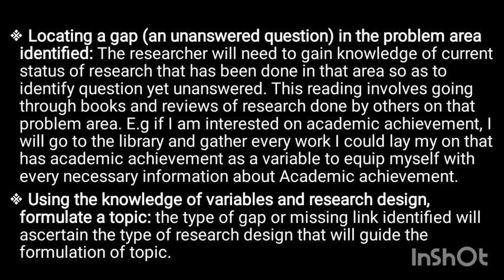So now I pick up academic achievement, I want to study it. And then I start asking myself, why is this? Why is that? The first thing I'm going to do is go to the library and gather different materials to know if other people who have written about academic achievement have answered the questions that have been bothering me. If they have answered them, then I have to pick another broad problem area. There is no need to carry out research that has been carried out already